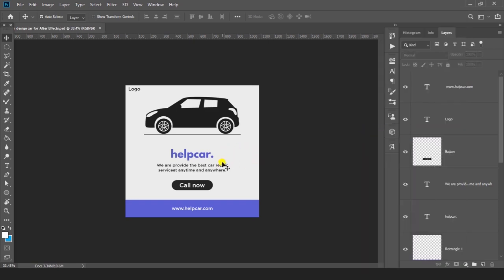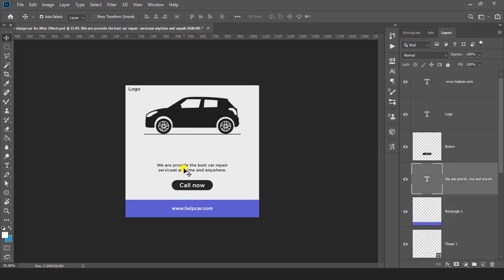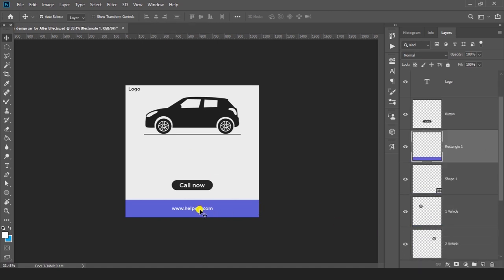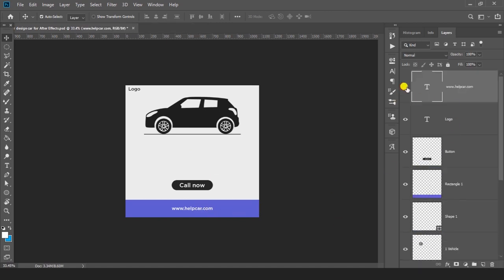So now what we have to do, delete this layer and also delete this layer and this one also, because we can write our text in After Effects.